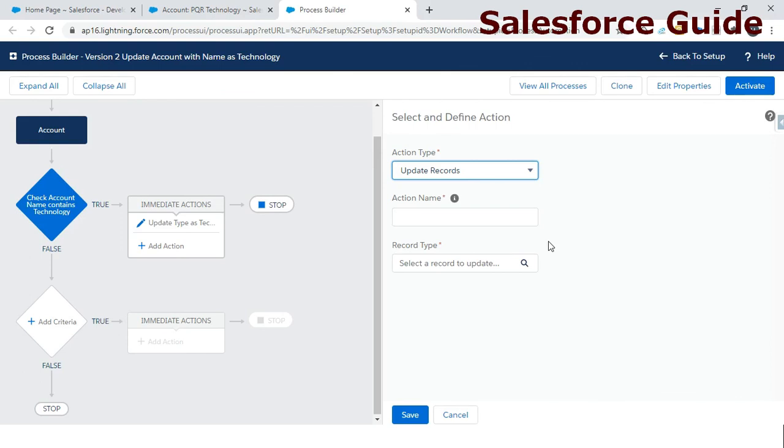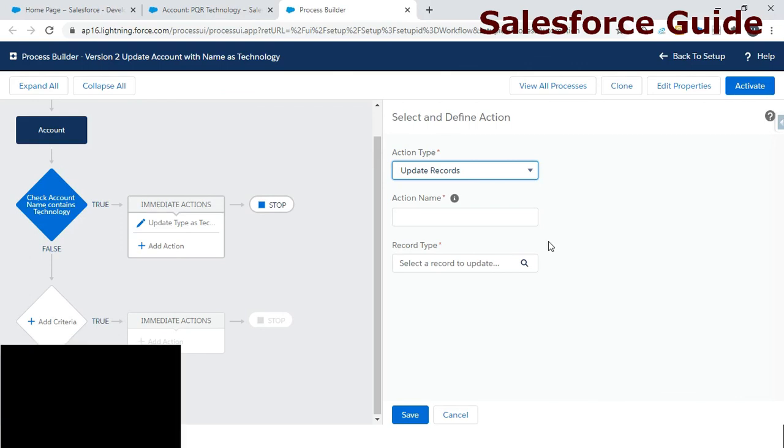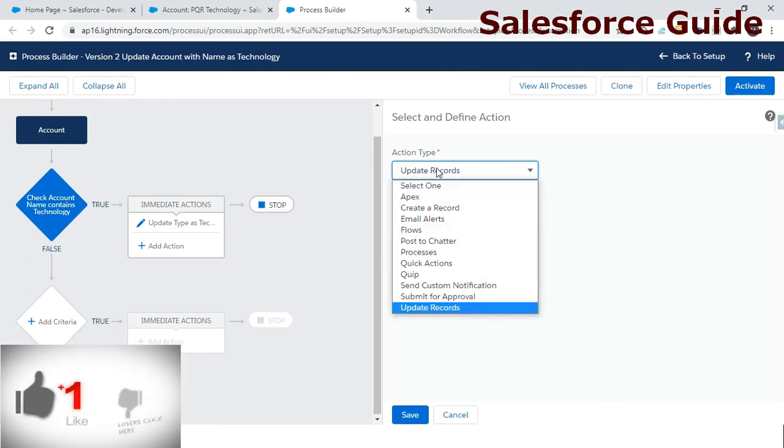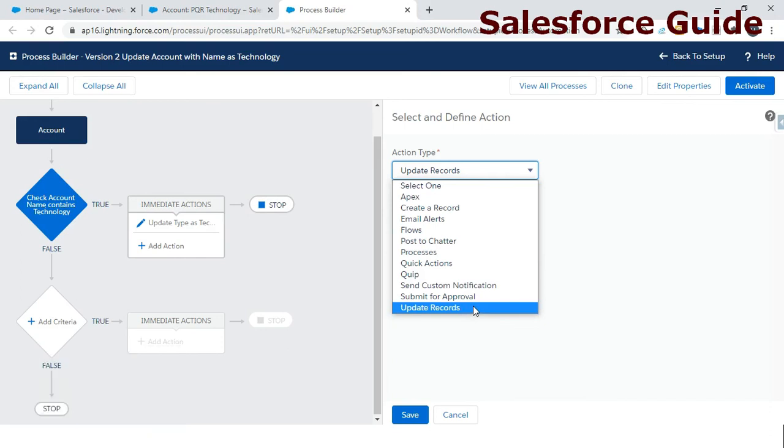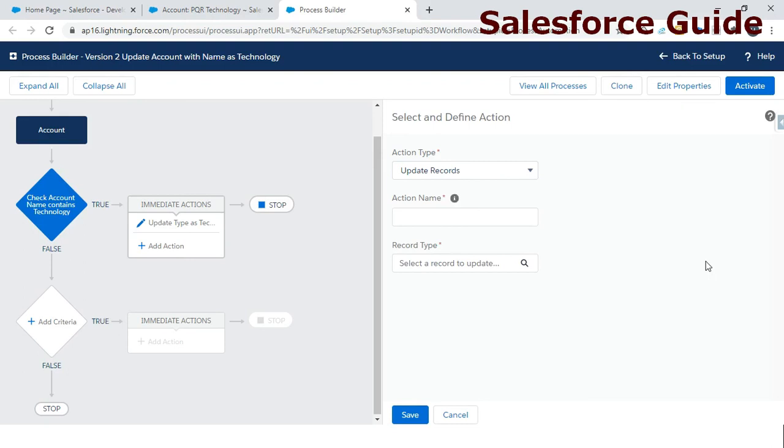In our next video, we are going to get in-depth knowledge about whatever actions we have. I am going to show you a demo where we will implement each and every action independently, and I will show you how it exactly works, what their exact criteria are, how you will get to know that it is working fine, or if you are getting any kind of issues in a process builder, how you can debug or resolve them. So this is how we will continue this session related to process builder. So for this you need to continue with my channel.